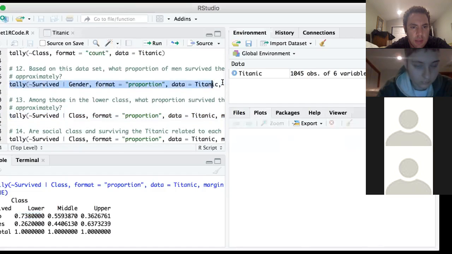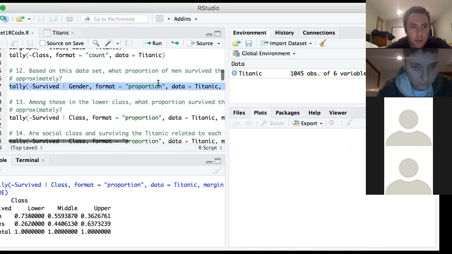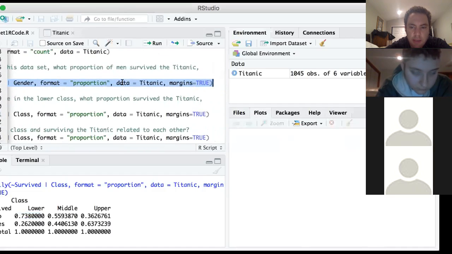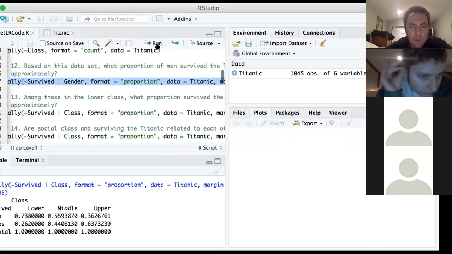So we can highlight this command here, which is going to tally by survived given gender. That's what this command is saying. Tally by survival data given gender, and the format is proportion. It's telling R to use the Titanic data, and margins is equal to true. So we can run this command here,